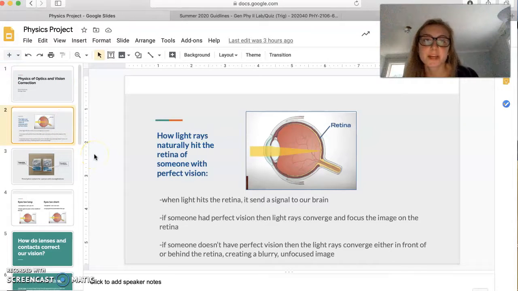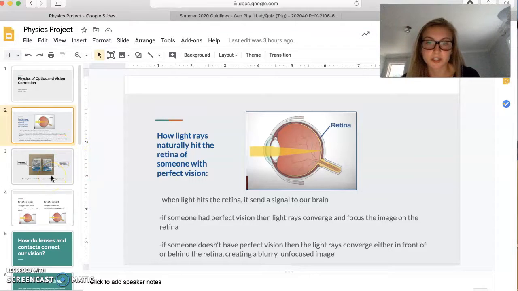Here's a picture of how light rays naturally hit the retina of someone with perfect vision. When light hits the retina, it sends a signal to our brain. If someone has perfect vision, then light rays converge and focus the image on the retina. If someone doesn't have perfect vision, then the light rays converge either in front of or behind the retina, creating